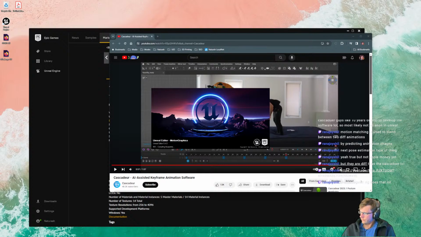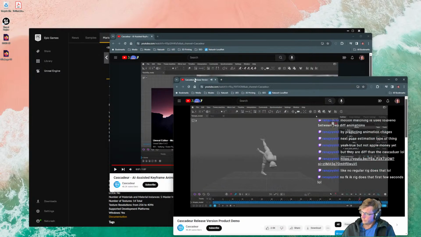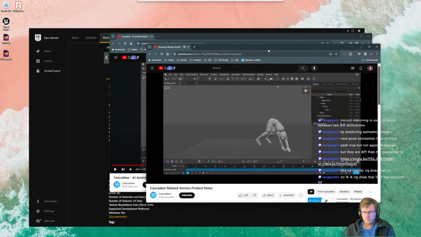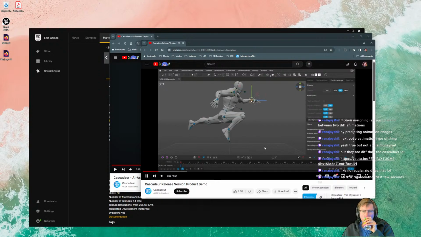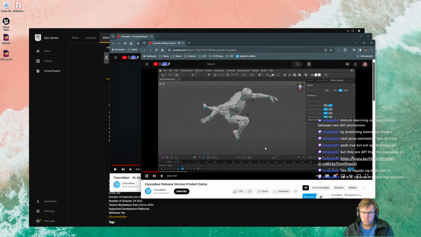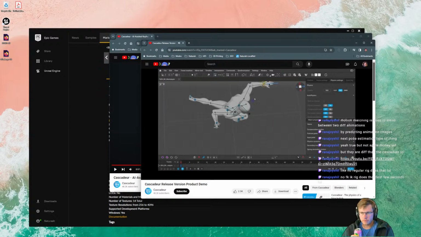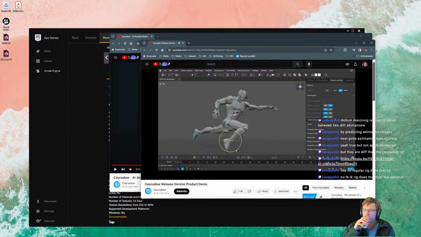What is Cascadeur? It's a software that helps you create physically accurate animations easier and faster. One of Cascadeur's main features is auto-posing, a unique smart rig for humanoid characters. You only move several points, while auto-posing takes care of the rest of the body, resulting in the most natural pose.